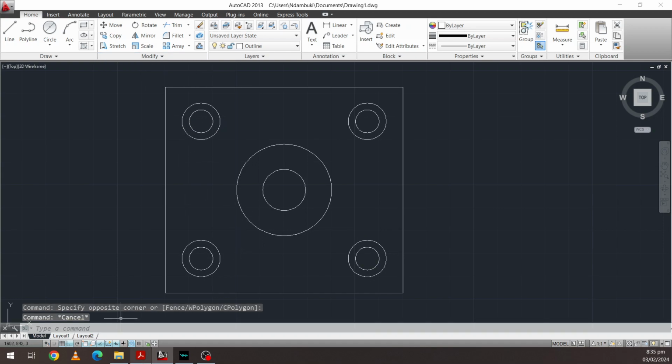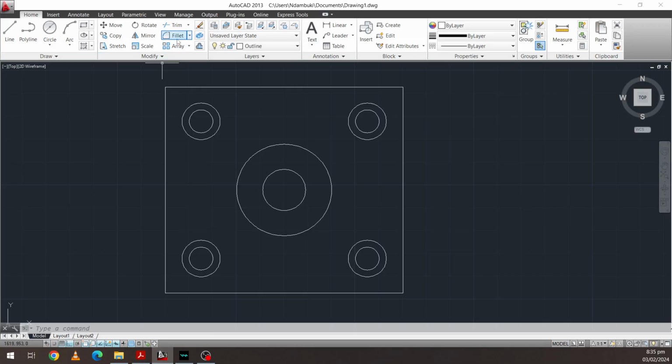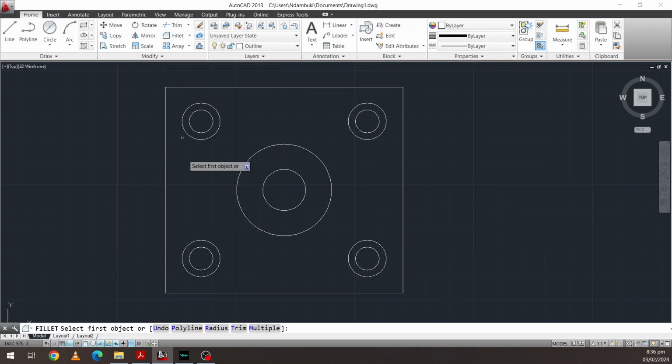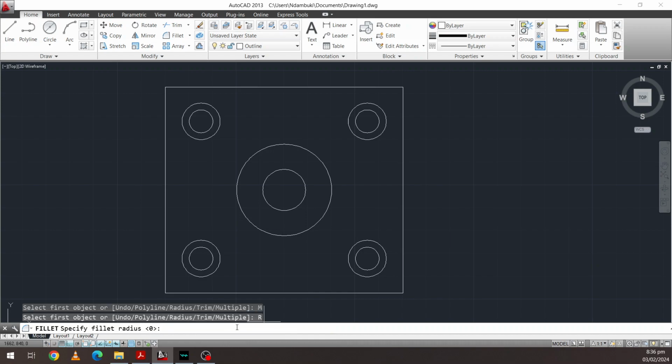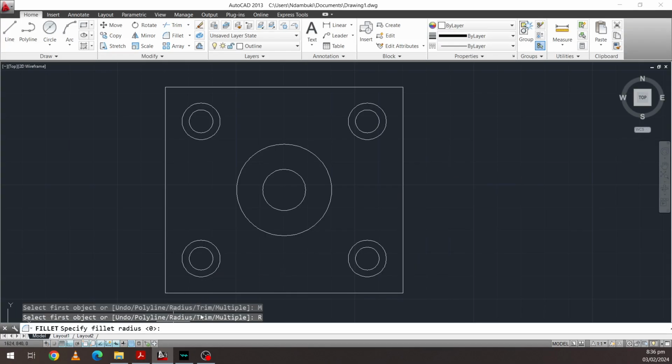So now I can fillet my corners. My corners are radius 14, or the fillet is given as radius 14. So navigate to fillet command. You see there's fillet and chamfer, but I need fillet. Choose fillet. Now because I need to do the filleting on more than one corner, I will navigate my mouse to multiple. So click on multiple first, then it shows you that it's chosen multiple here. Then I have the particular radius of the fillet, so choose radius and then give the radius. Our radius is given as radius 14, so type in 14,